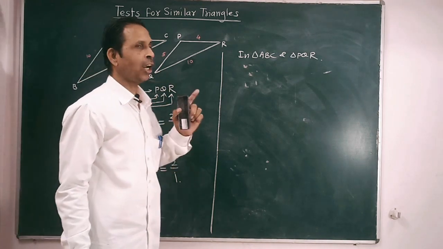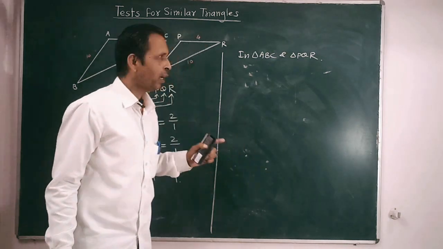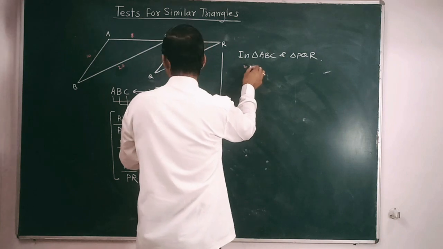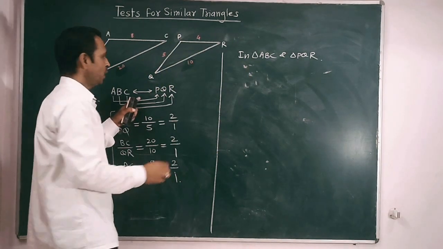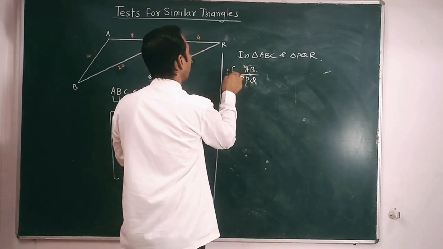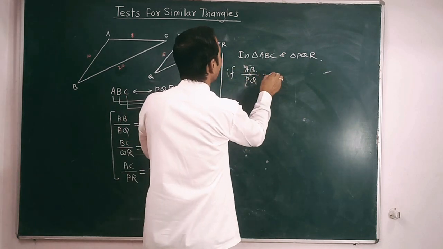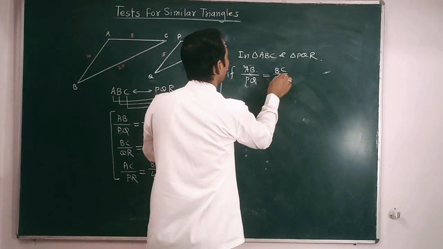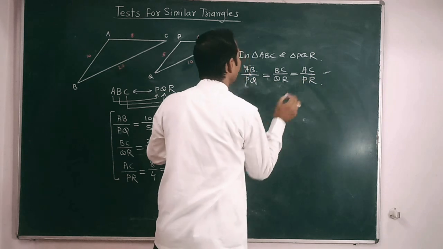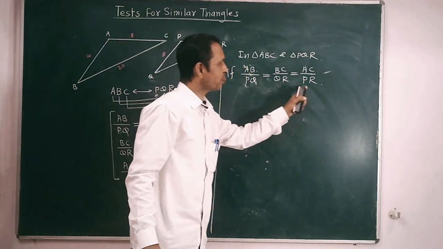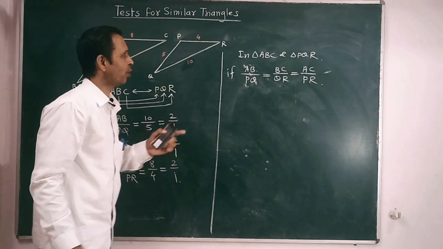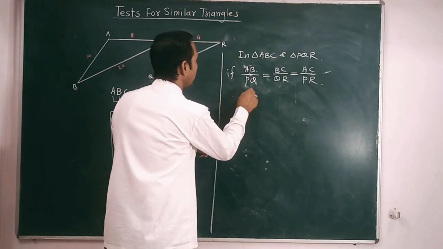Corresponding angles are automatically congruent, and that's why in triangle ABC and PQR, due to this one-to-one correspondence, if AB upon PQ is equal to BC upon QR and is equal to AC upon PR, if the ratio of all these three corresponding sides are equal,